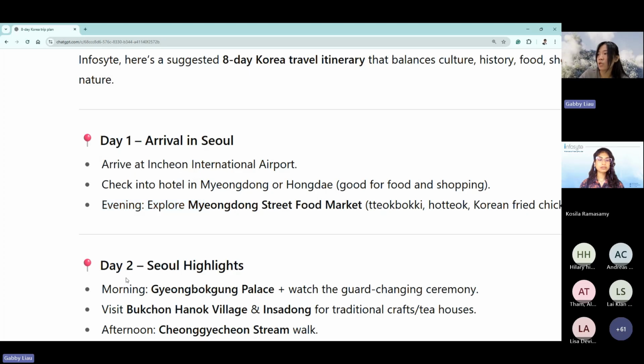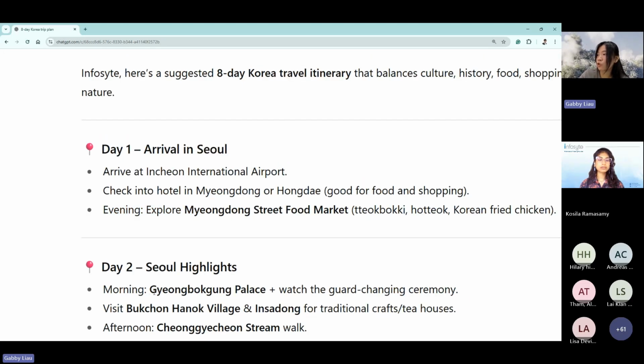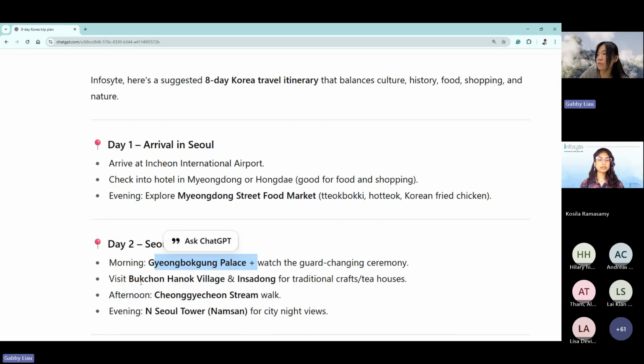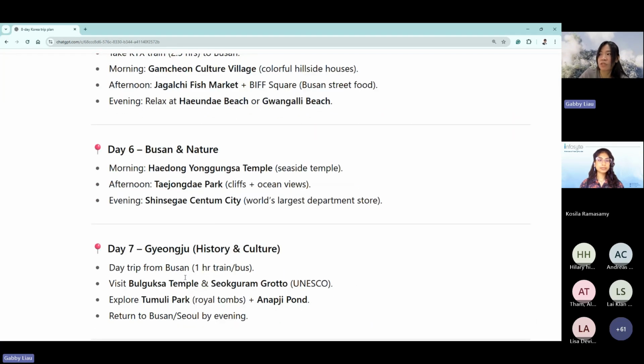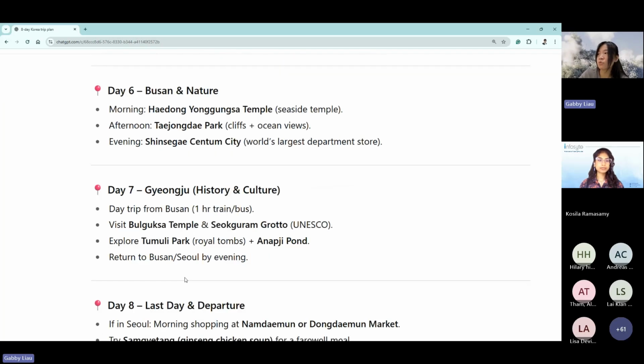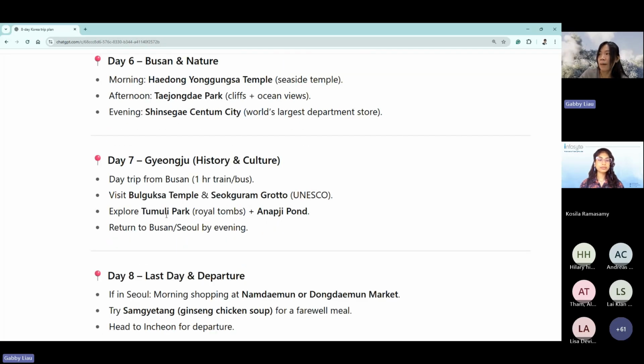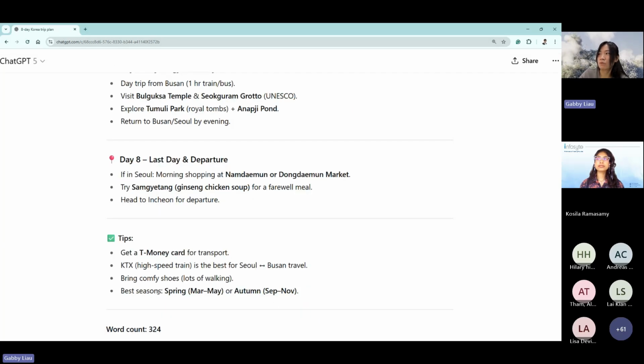Then day 2, morning you go to Gyeongbokgung, Bukchon. So I think this is still very general. Not too much information here. Every day you just get 3 to 4 attraction points. Not really too informative.